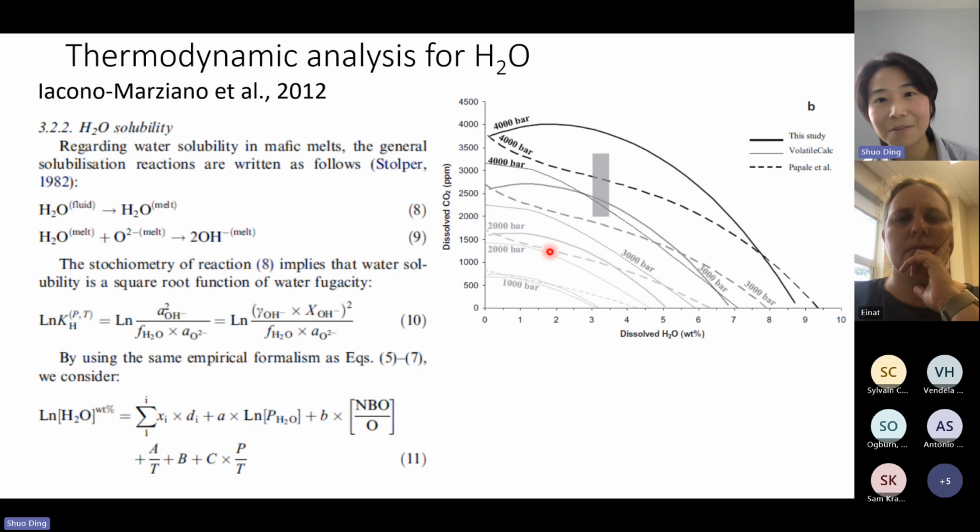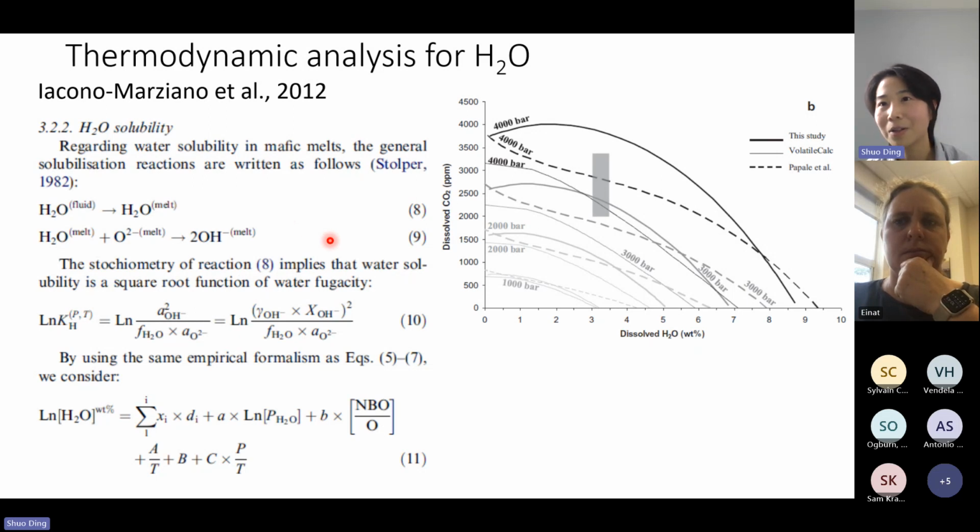This is concave up at this low water part, and for the other two models it's actually concave down. The discrepancy of the predicted pressure gets bigger and bigger when the pressure gets higher. I think one of the reasons is that most of these empirical models just assume CO2 and water is